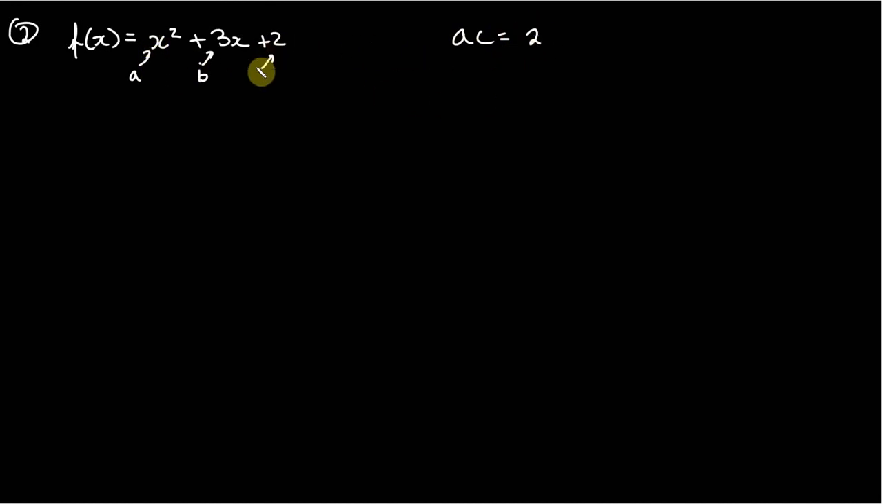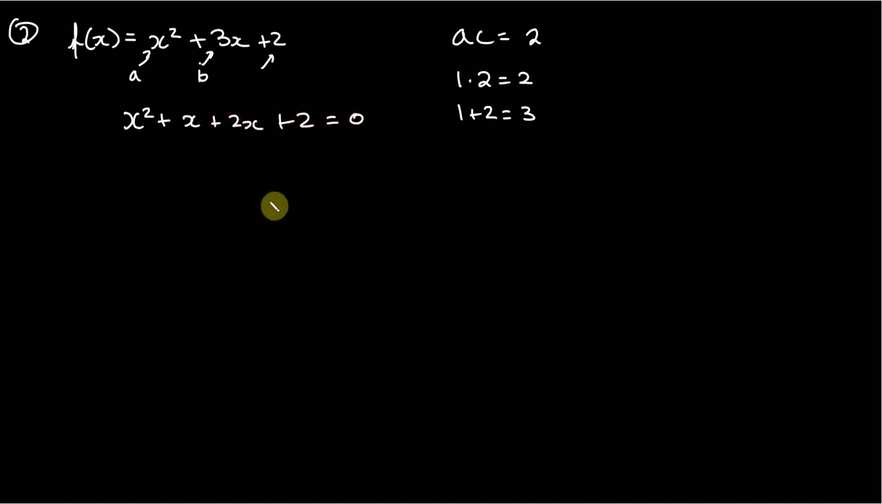So now we want to think what multiplies to 2 and adds to 3, adds to B. Well, 1 times 2 equals 2, and 1 plus 2 equals 3. So we have our two factors, our two terms. So we can rewrite this equation as x squared plus x, which is just 1x, plus 2x plus 2,